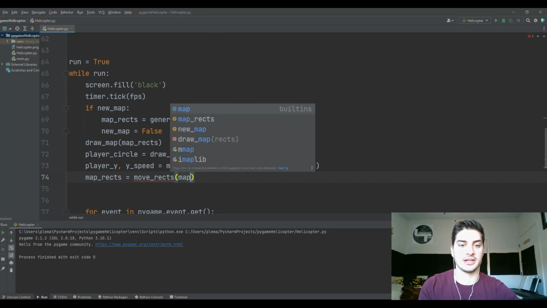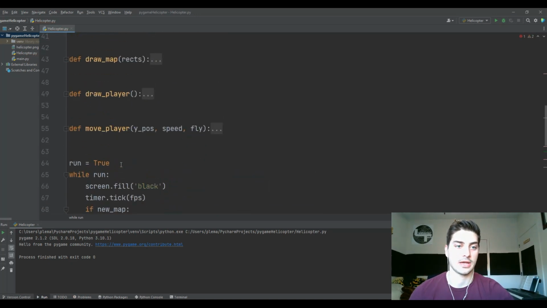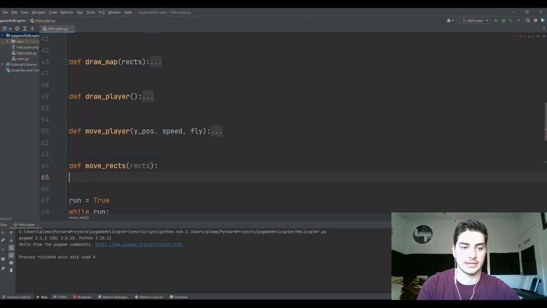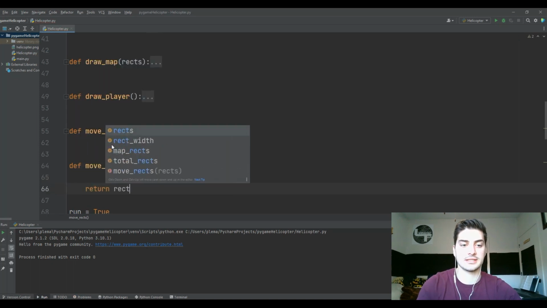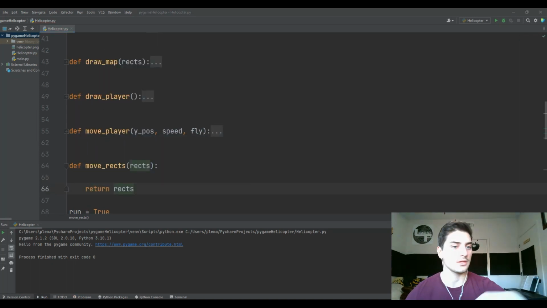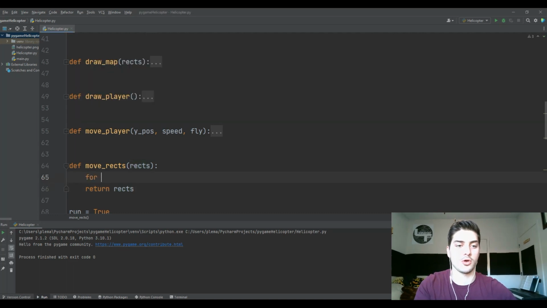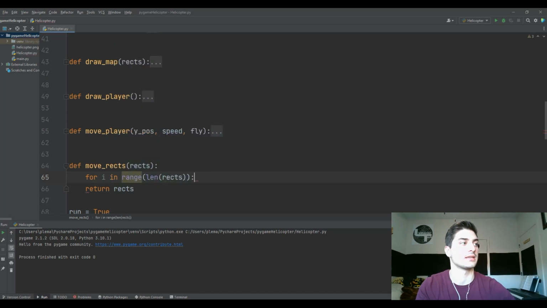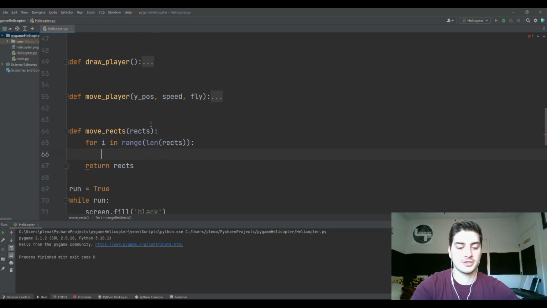And all we're going to pass in here are going to be our map rectangles. Okay, so let's come below move player and define move rectangles. Then in here, we're still passing in this list of rectangles, and we're returning the list of rectangles. All right, so what are we going to do inside of here? Well, we're going to say for i in range length of our rectangles list. So this is basically saying for every rectangle in our rectangles list, we're just going to redefine rects at i